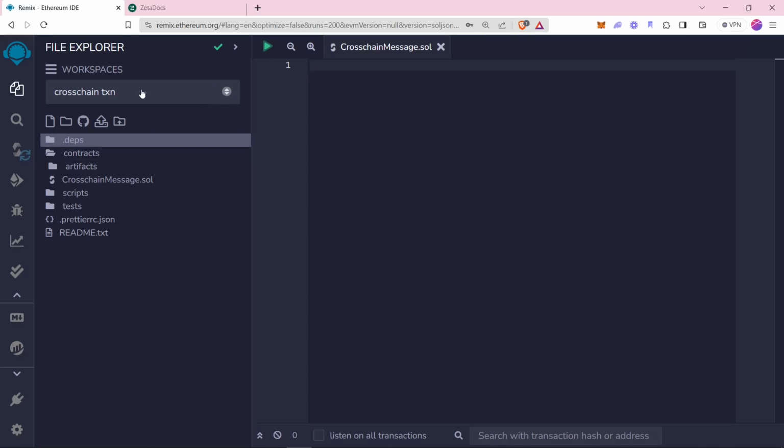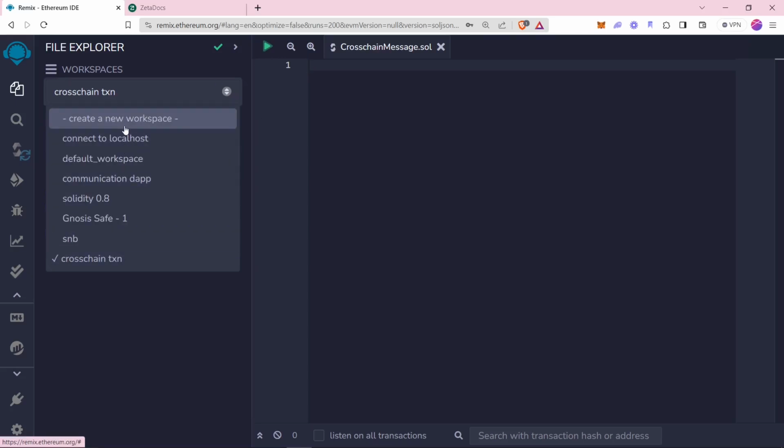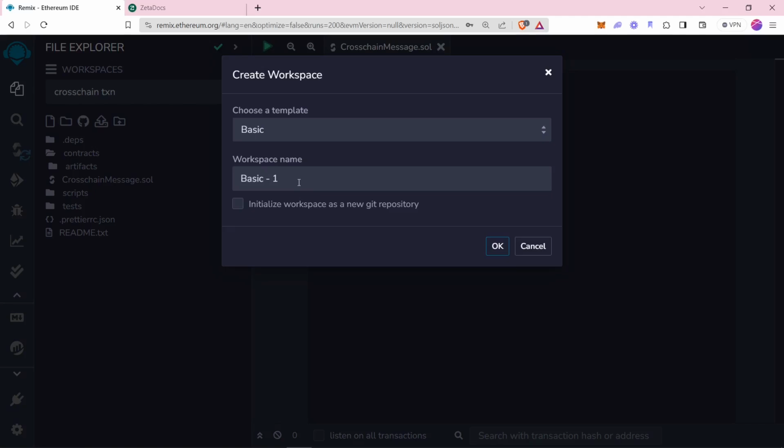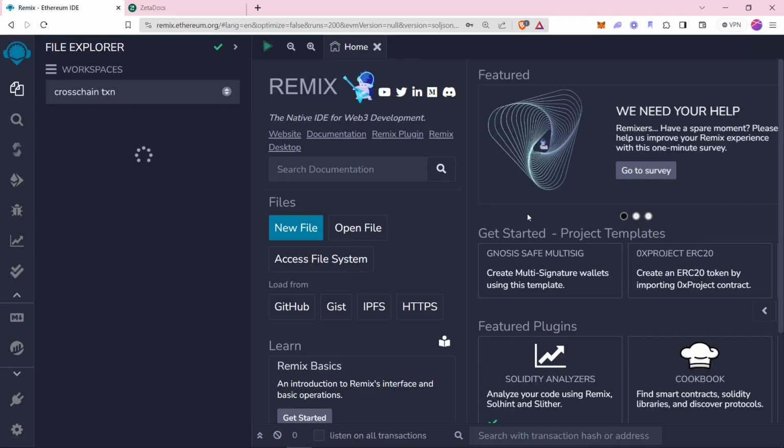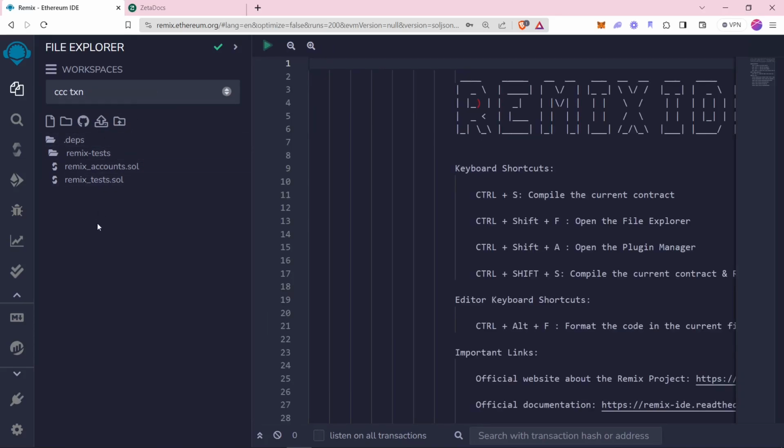To create a new one, what you'll have to do is come up right here, create new workspace. Just give it a name. Let me create a new one. Okay, CC cross transaction and click OK. The new one will be created. We'll just close it and we will create a new